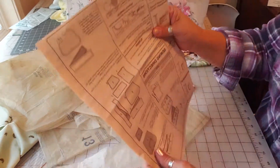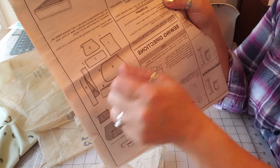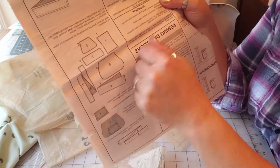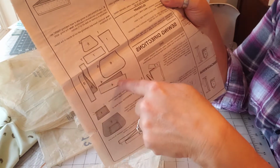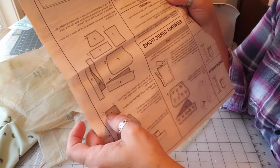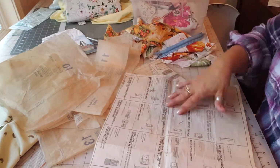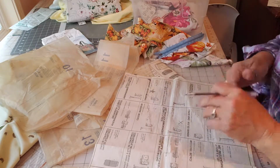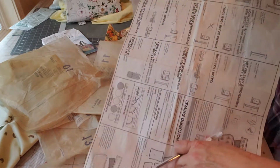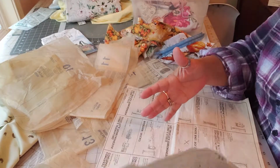Okay. Then there is this big number 4 right here, where it tells you to fuse the interfacing to the wrong side of each matching fabric section. And it tells you which you're going to be doing that to. So for purposes of this medium-sized bag, I haven't done this yet. We're going to take the key and we're going to transfer the medium size pattern piece numbers to the small that are being described in the pattern. So piece number 1